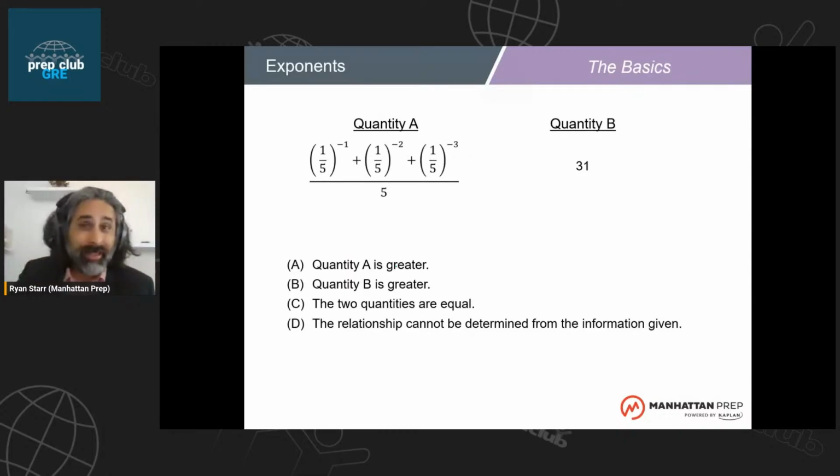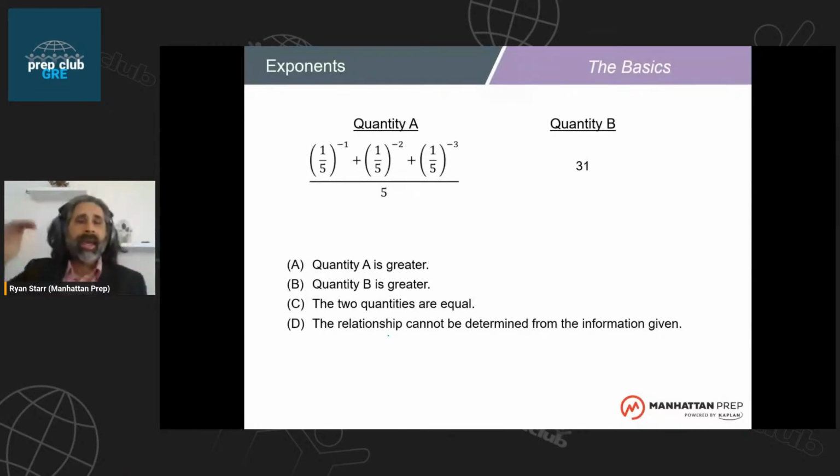You choose C if the two quantities are, beyond any shadow of a doubt, unequivocally equal to each other. And then there's D. D is the answer choice that makes quantitative comparison the worst. All right? Because D is saying the relationship cannot be determined from the information given. And what that practically means, as you're considering quantitative comparison, is you can get two different relationships between the quantities,